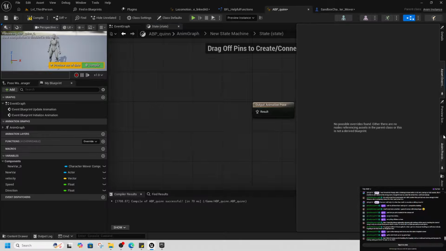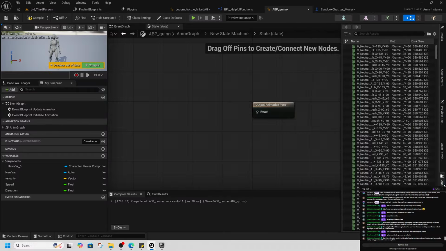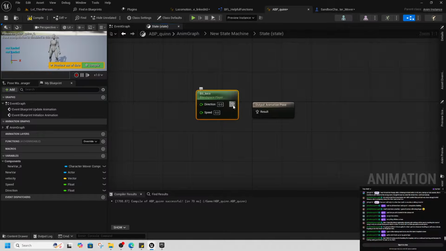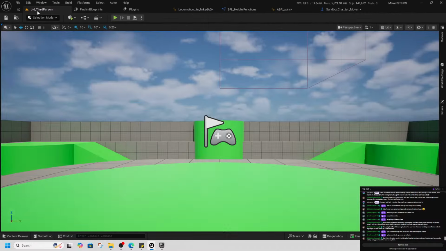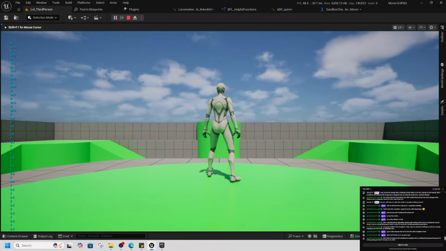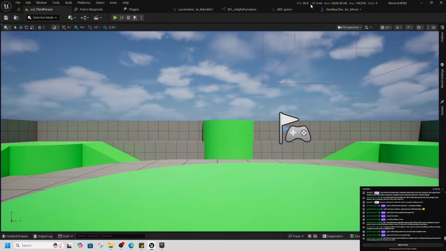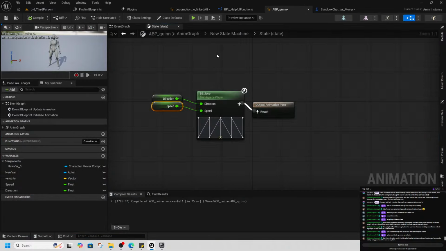So, asset browser. Locomotion. Direction. Speed. Still hates me, but